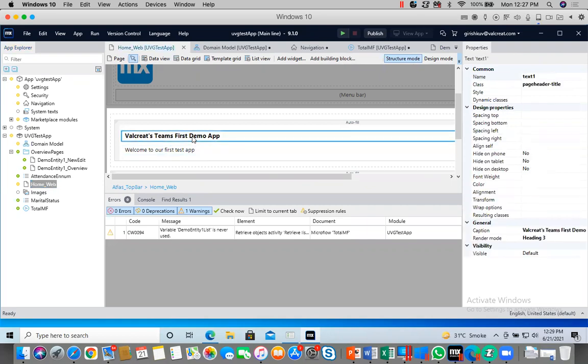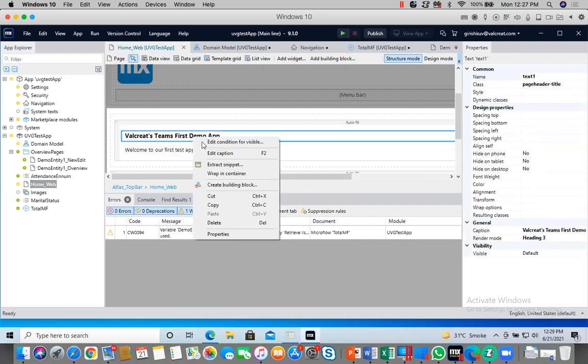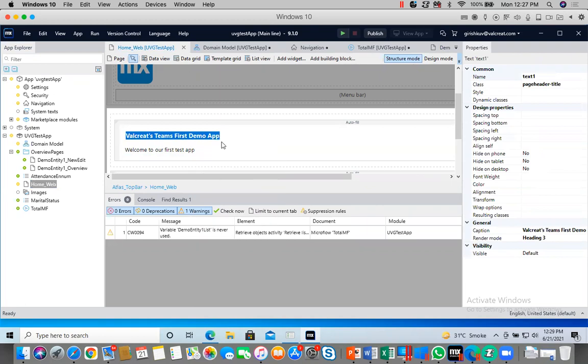You know that, no? You can edit the caption.